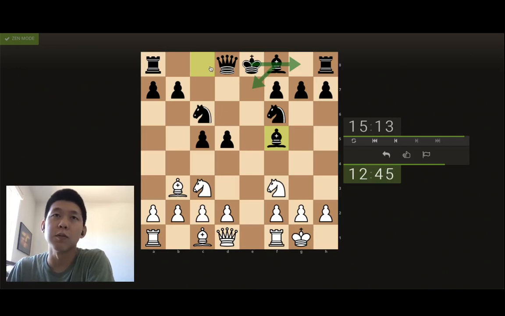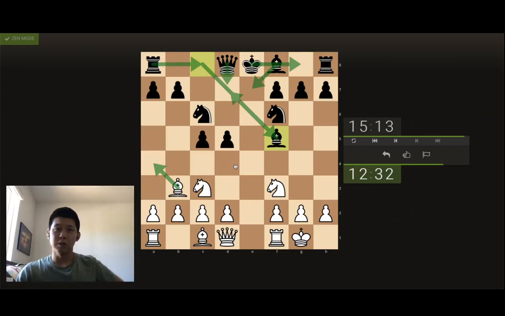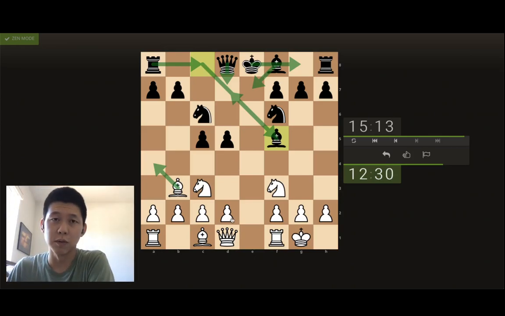This is an interesting move too, because bringing this out, if I pin this knight here, it's kind of awkward to bring it back. So black might find other ways, like bring the queen or bring the rook over to defend this knight to avoid messing up the pawn structure. But yeah, I don't want to move that piece twice yet. So